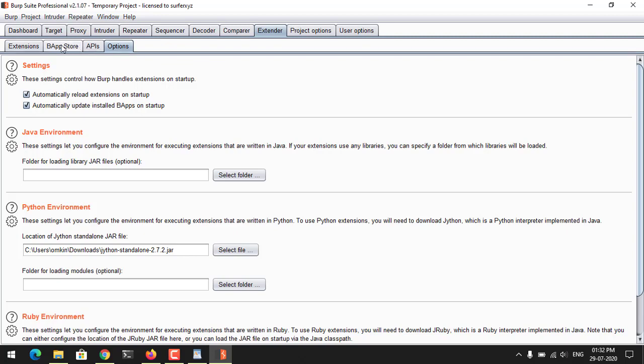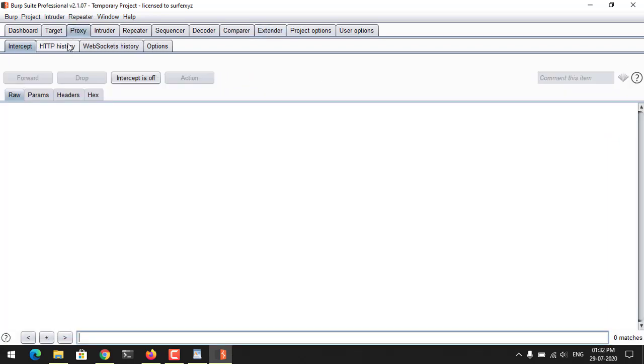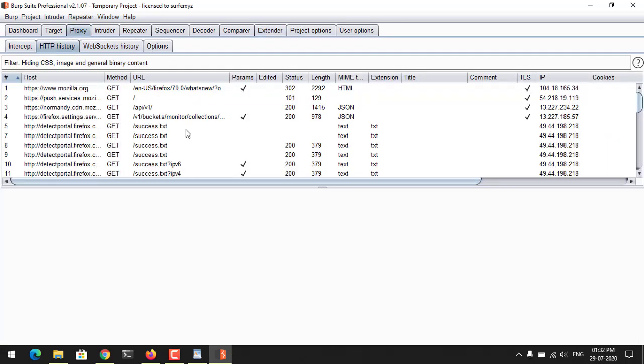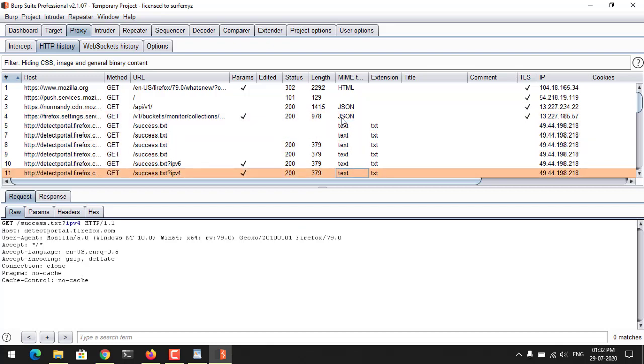I think it will show. Okay, it's not getting it. I think we need to come back. Okay, so yes, great. We have it and it is getting installed. In the meantime, I'll go to proxy history and we'll try to find a few JS files.